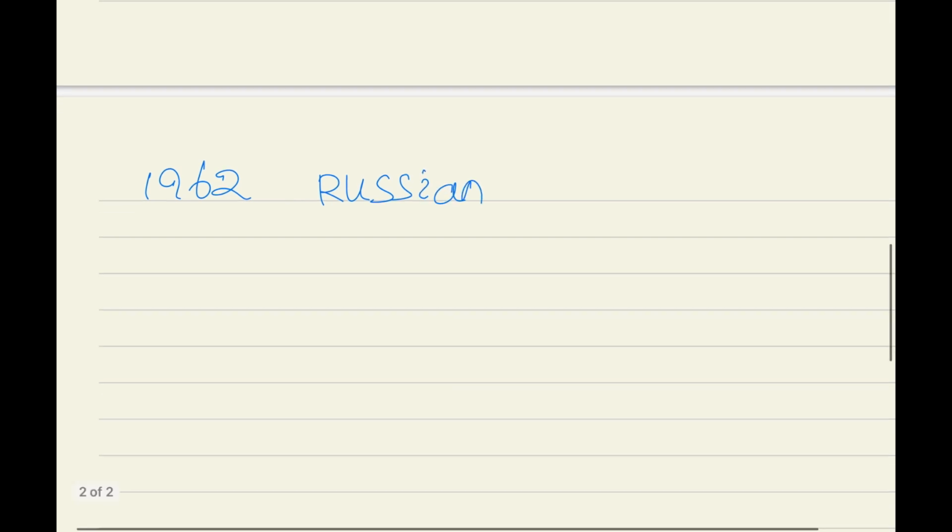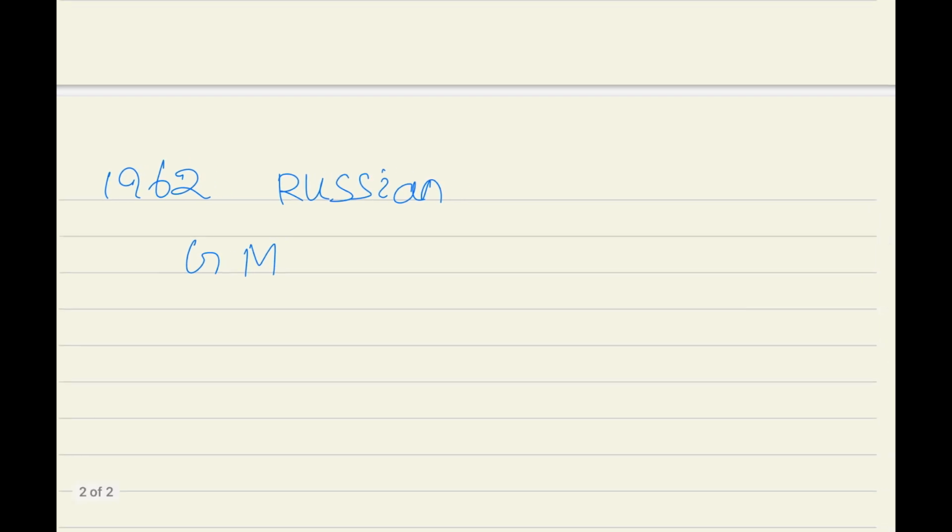To deal with this limitation, in 1962, two Russian mathematicians named G.M. Adelson-Velsky and E.M. Landis